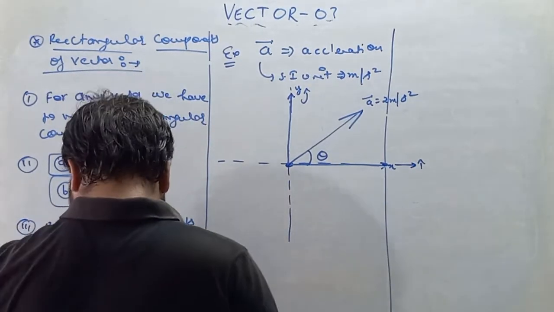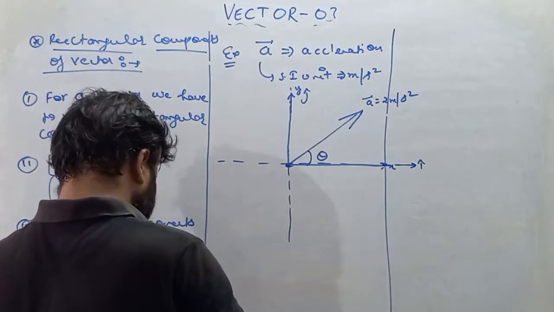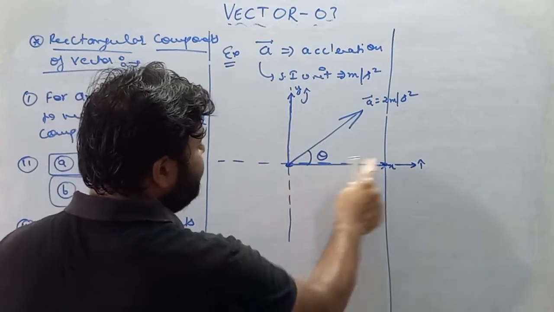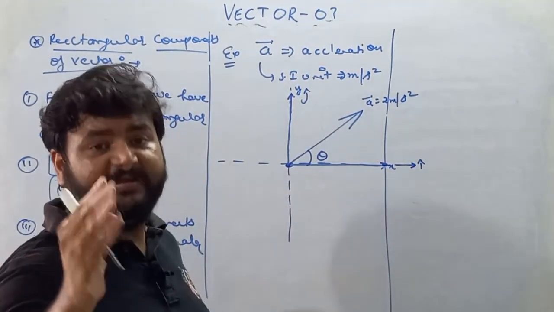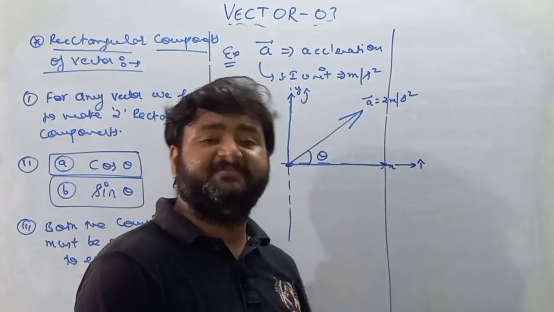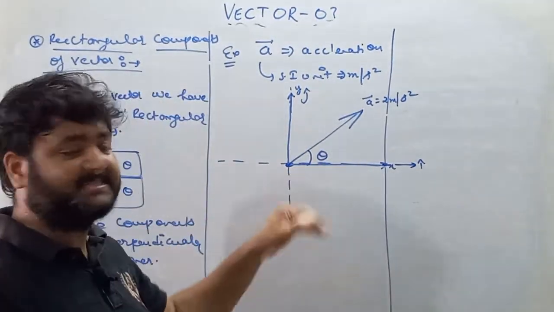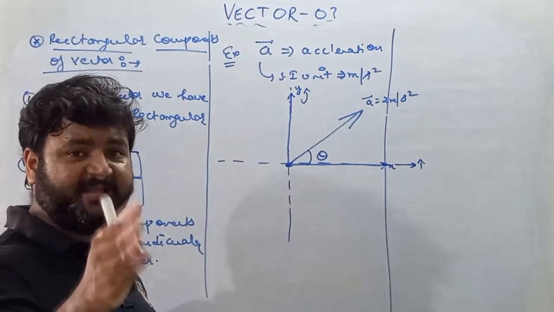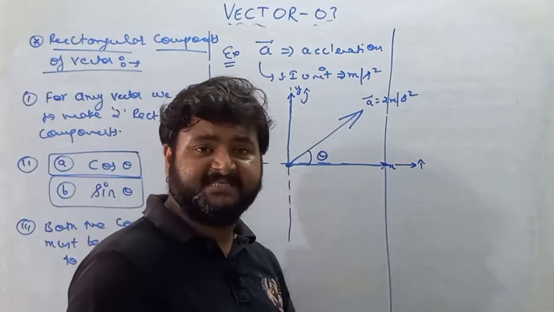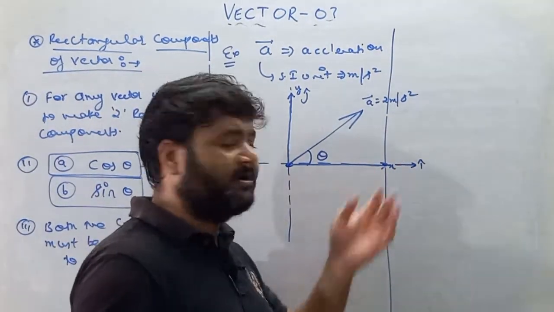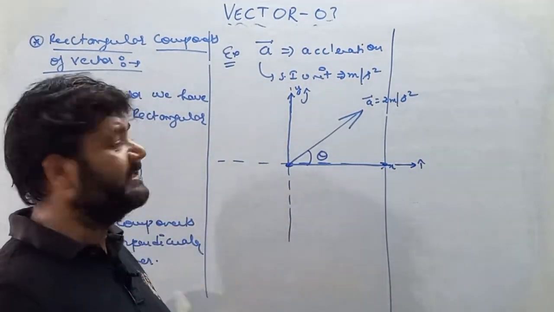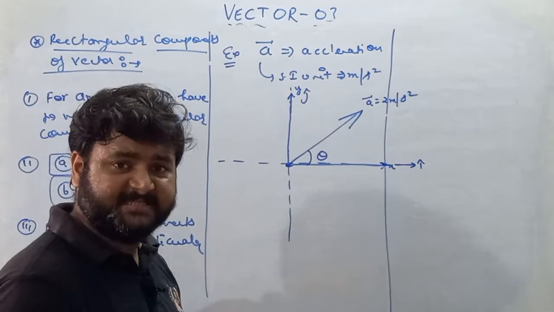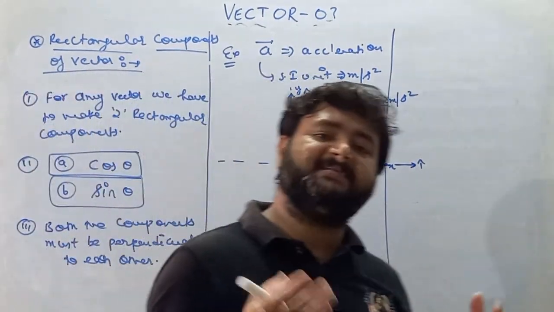So along the x-axis the component is cos, because the angle is formed with the x-axis. Next point is, you have to check from where the angle of the vector quantity forms, either with the x-axis or with the y-axis. If the angle is formed with the x-axis, then the cos component is along the x-axis. If the angle forms with the y-axis, then we'll write cos along the y-axis, and perpendicular to cos we'll write sin.